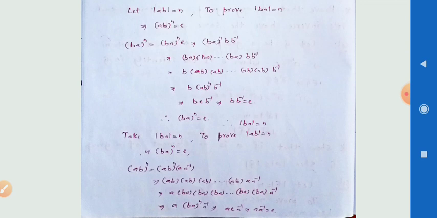Here n times means (BA) whole power n. On the left hand side A is there and on the right hand side A inverse is there. Above I have taken order of BA equal to n. On substituting, (BA) whole power n becomes E, so we get A into E into A inverse, which is A into A inverse, which becomes E. Then A into A inverse is equal to E. By this we get order of BA is equal to n, and then we have shown order of AB is equal to n.